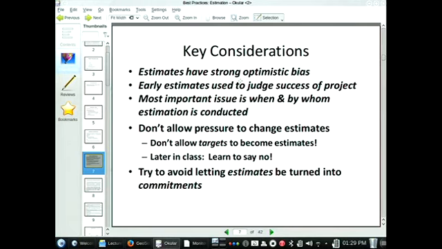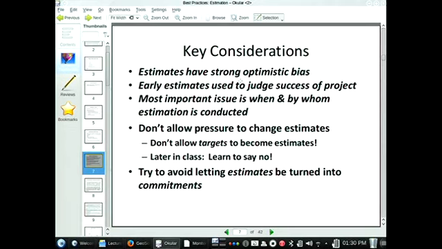When we have projects we're going to undertake, those projects are judged against a yardstick of success defined by early estimates or early indications of how long they'll take. And again, you could have a project where an estimate was given early that it would take a long time, and it's judged a success because it delivers early. Or you have the same project, same deliverables, same outcome in terms of quality and scope and dollars, but the early estimate was that it would be finished quickly, and it's judged a failure, or it's judged a problem as